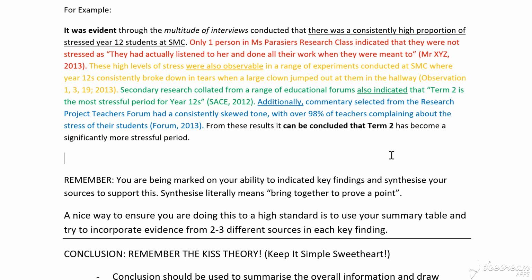You'll notice that in the first sentence and last sentence, there's no evidence. It's purely my thoughts that I've drawn from interpreting the evidence. This is because you're marked on your ability to find the key findings